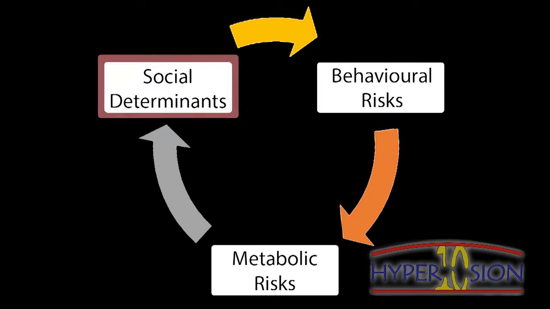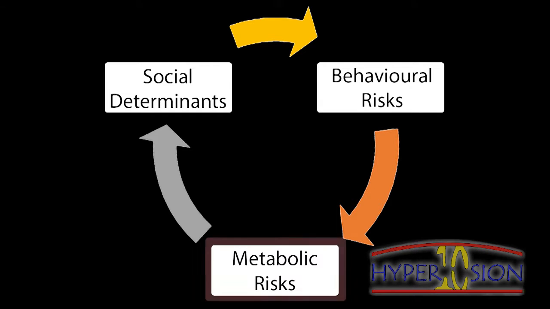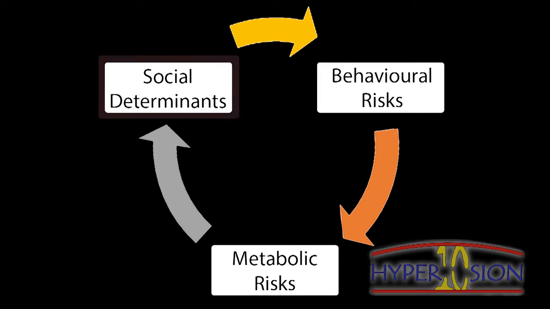Lower social determinants of health can then affect behavioural risk factors such as unhealthy diets and physical inactivity. Unhealthy diets that are high in salt or sugar can then lead to metabolic risk factors such as diabetes or obesity, as well as place pressure on your kidneys, which can in turn affect urbanisation, population and income growth, and so continues the downward spiral.